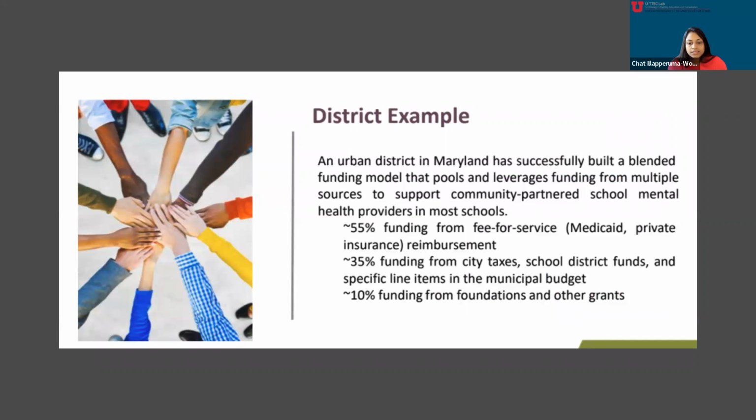So in this and the next slide, I just wanted to pop in these 2 examples that I think are very useful. When we have all this content and we know we have to create finance plans and we know the steps, how do you take this and apply it? So very briefly, let's go through an example. There's a district example, and then in the next slide, there's a state example. This one really illustrates how one large urban district was able to leverage funding from education, mental health, private foundations, and fee for services to collectively support community partner school mental health. I'll give you a minute to read through this slide.